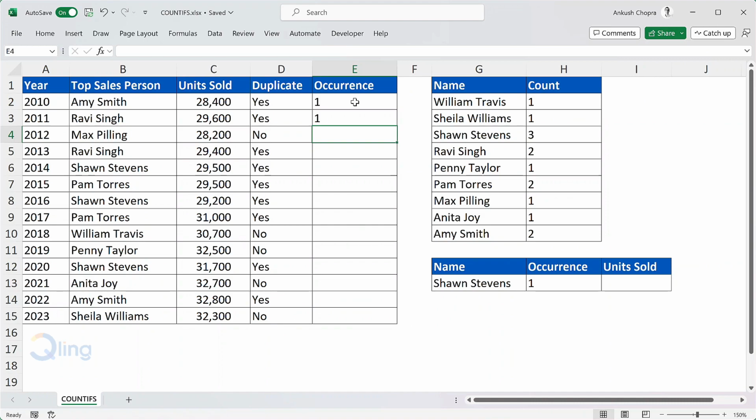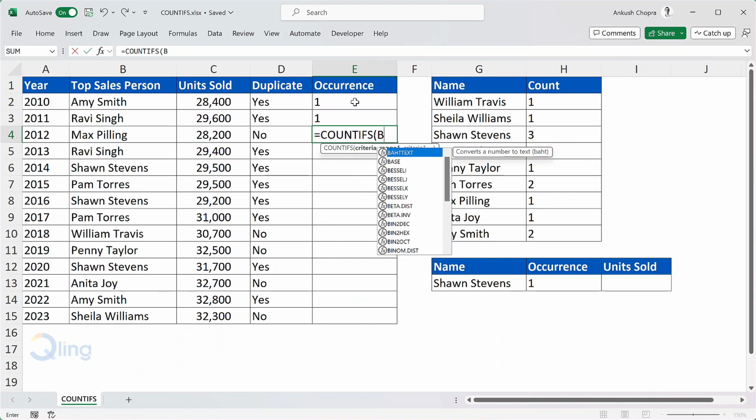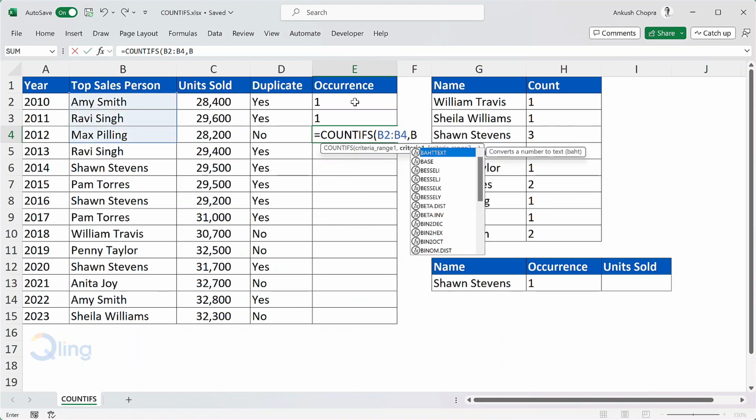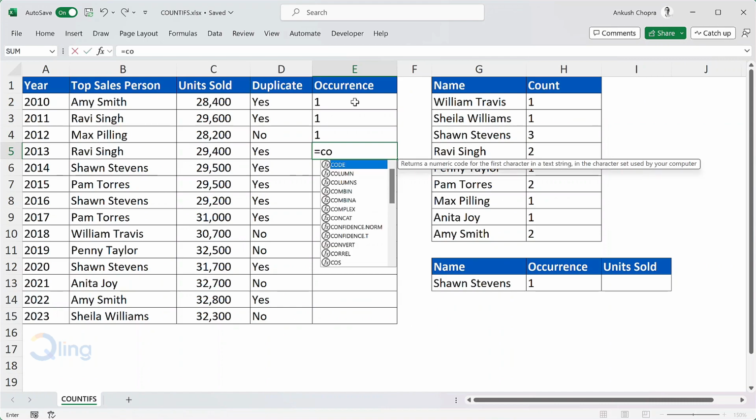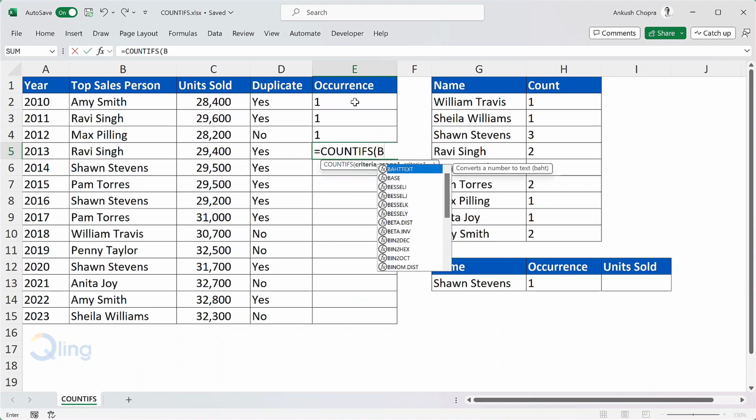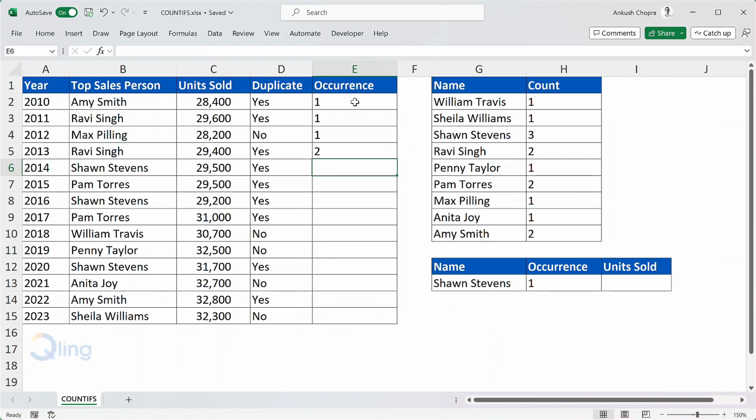Now as we move down, we will check in the first three rows. COUNTIFS, criteria range is B2 to B4 and the criteria is B4. As we go to the fourth row, things will get much clearer if they haven't already. Now we want to check for Ravi Singh in the first four rows. Remember, this is the second occurrence of his name. COUNTIFS. Criteria range is B2 to B5 and the criteria is B5. Now we get the result as 2, which is indicating that the name Ravi Singh has appeared for the second